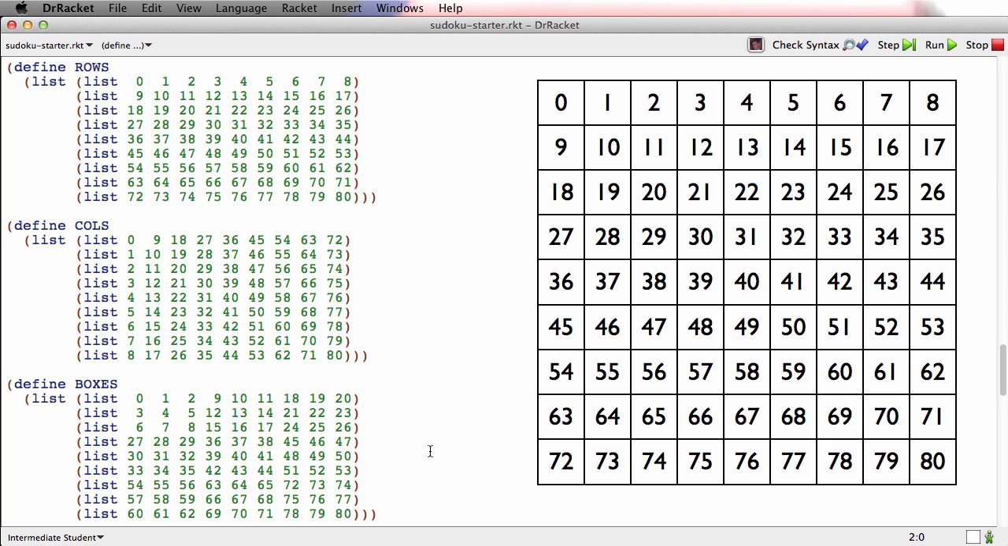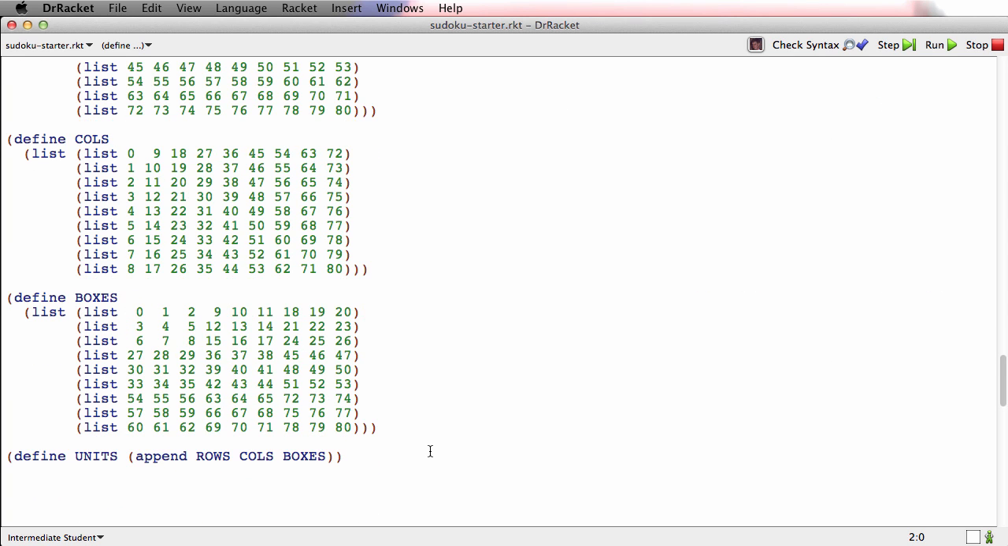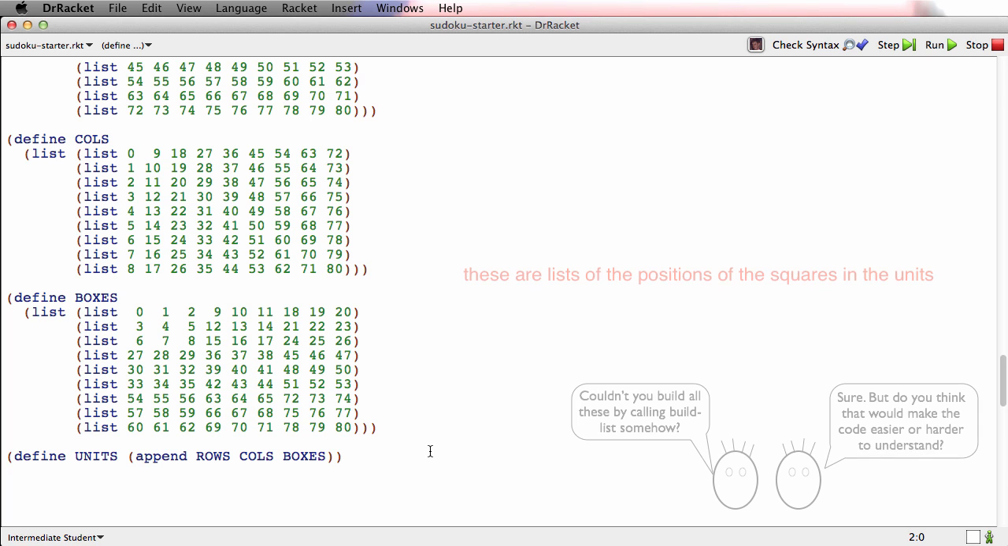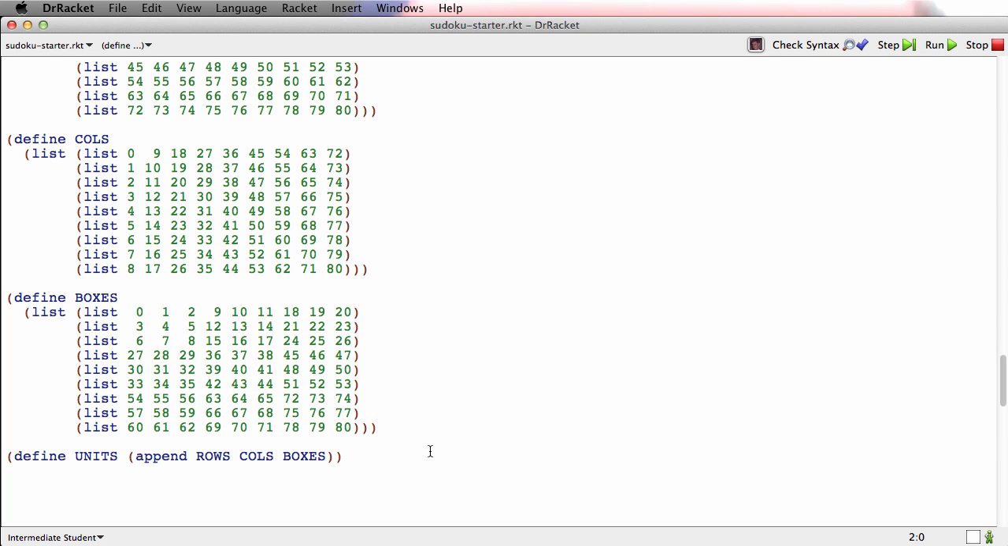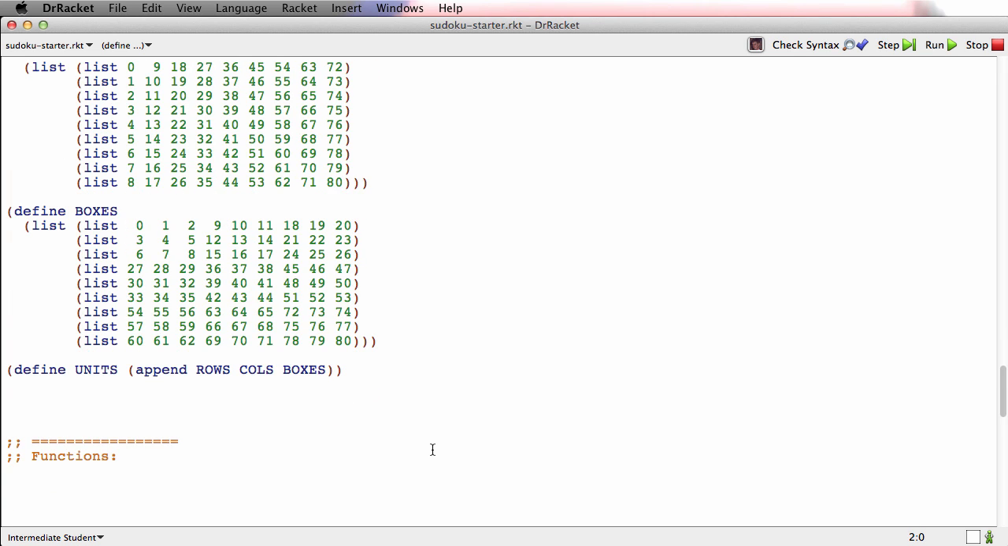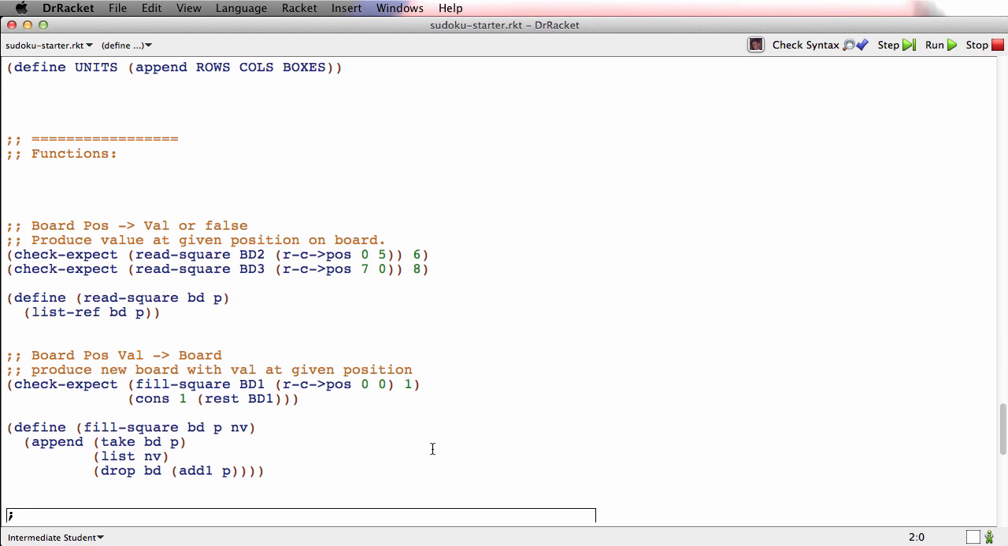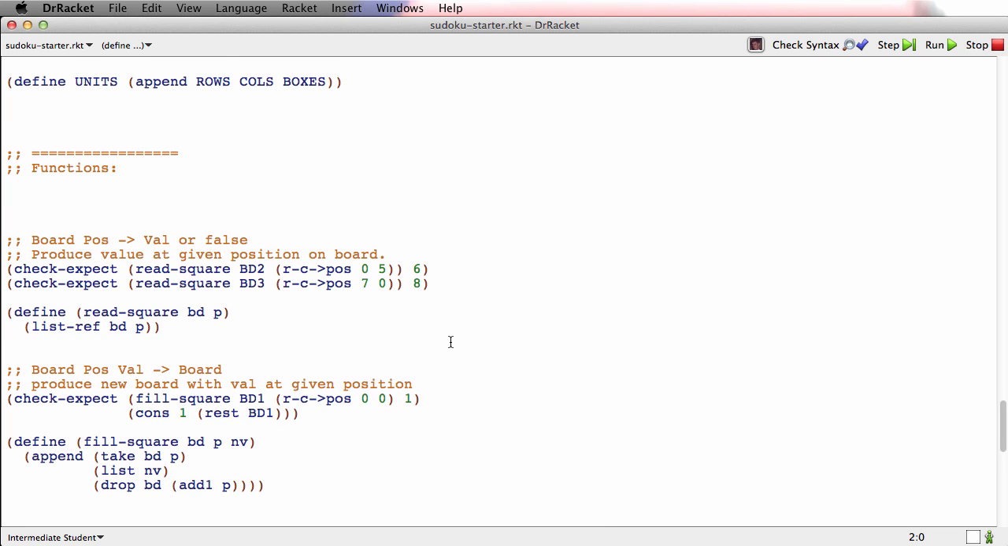So if I take rows and columns and boxes, and I append those together, then I have units. Remember, what these are is they're lists of the positions of the squares in the units. So there's my data definitions and my constants. And I've also provided 2 primitive functions for operating on boards. One is called read square, and it consumes a board and a position, and it produces what's at that position